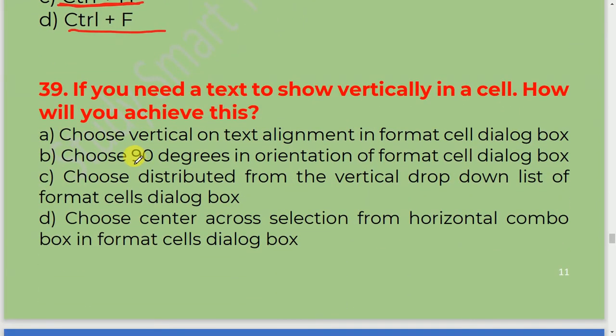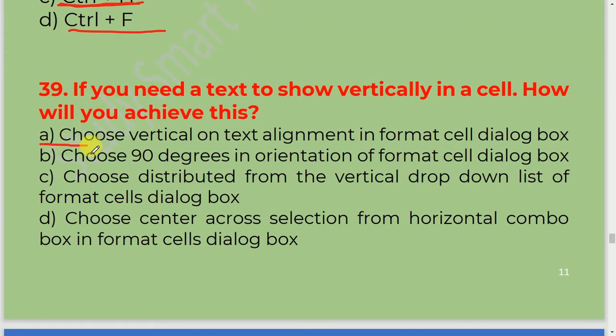Question number 39. If you need a text to show vertically in a cell, how will you achieve this?